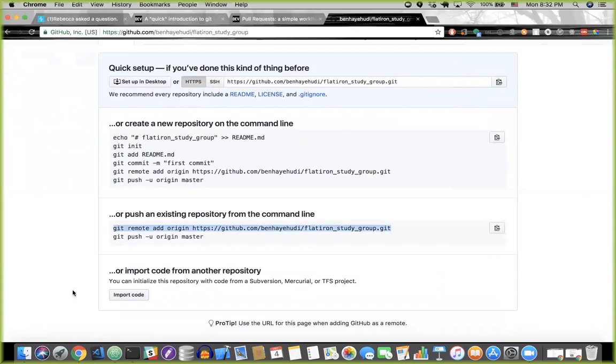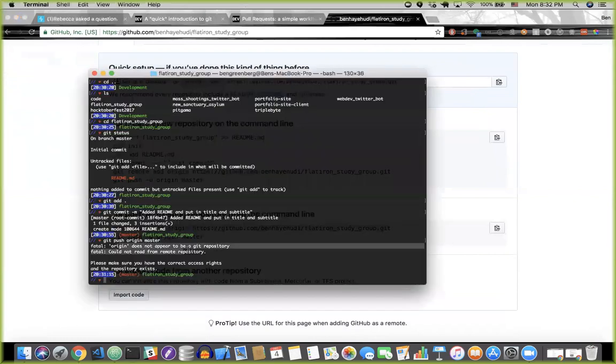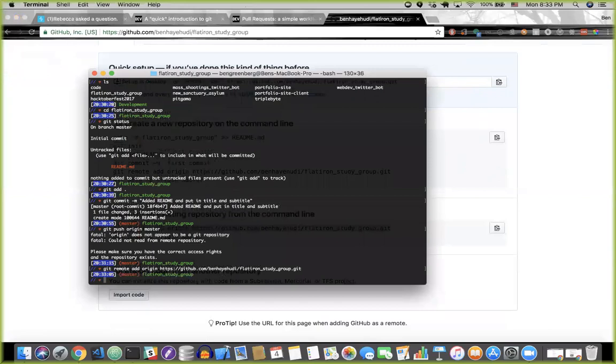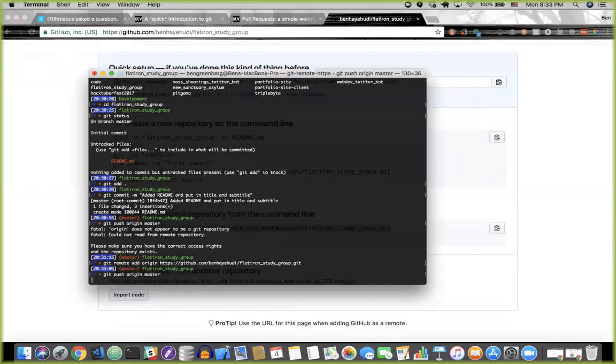So all we need is to add the origin, because what was the error here? Origin does not appear to be a Git repository. We don't have an origin. We don't have a remote place defined for us. We haven't defined it yet. So I can just copy and paste that. And there's the link, right? That's in there. And now, if I try pushing,